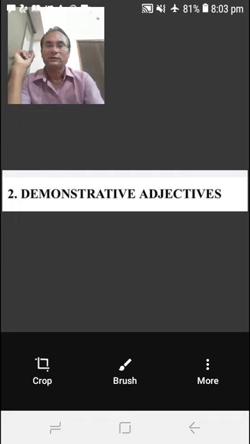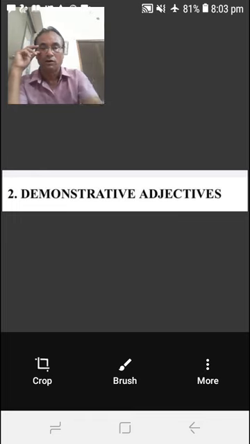But, that book is yours. Here, that is a demonstrative adjective. In the first one, after that there is a helping verb, and in the second one, after that there is a noun. That's why this is called an adjective and the first one is called a pronoun. Now let's move to the next.